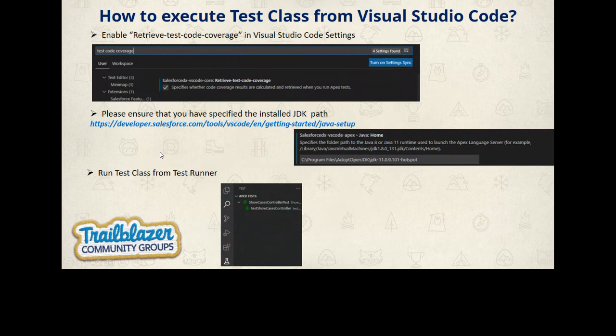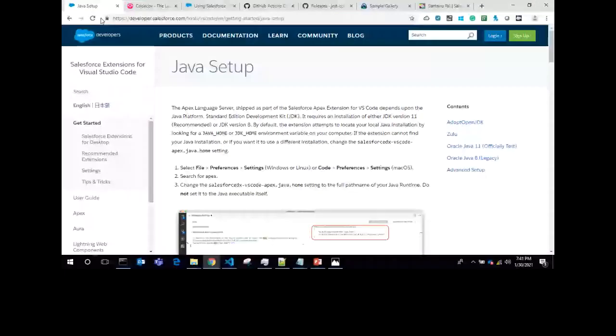So we should maintain the JDK path in the Visual Studio Code settings, and the link is there. If I go to the link provided by Salesforce, it explains how to mention the JDK path in VS Code settings. I'd recommend everyone to go through this link and try to set up the JDK path in VS Code.